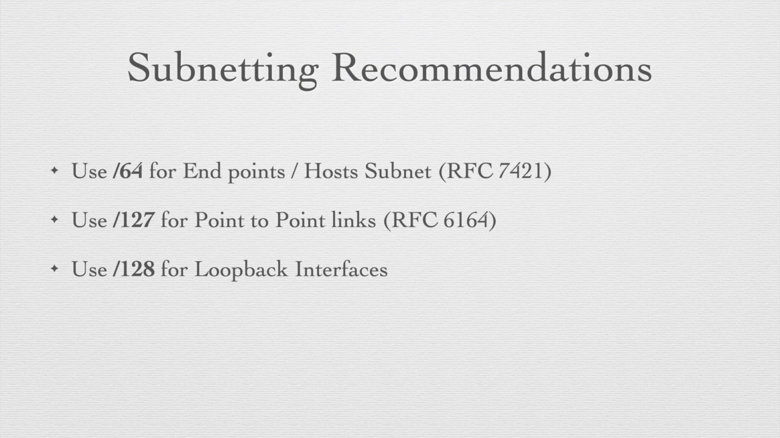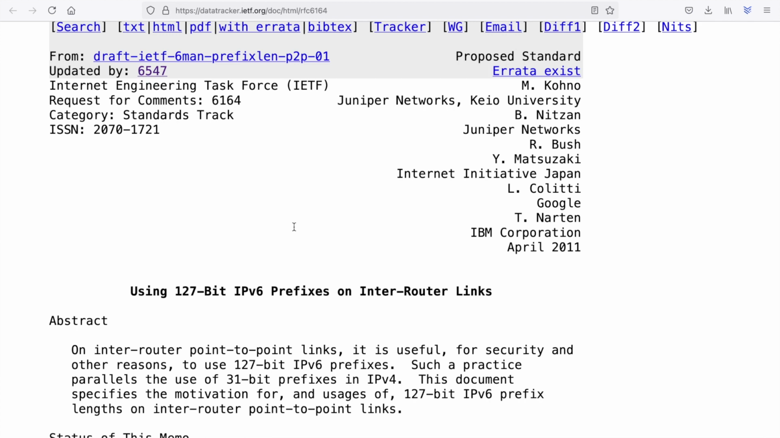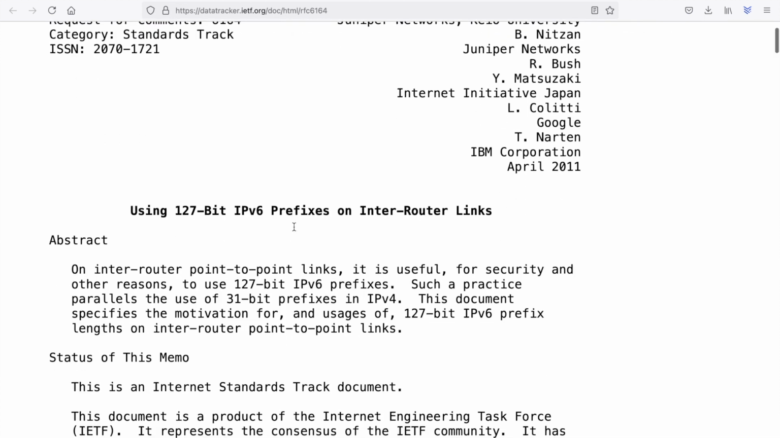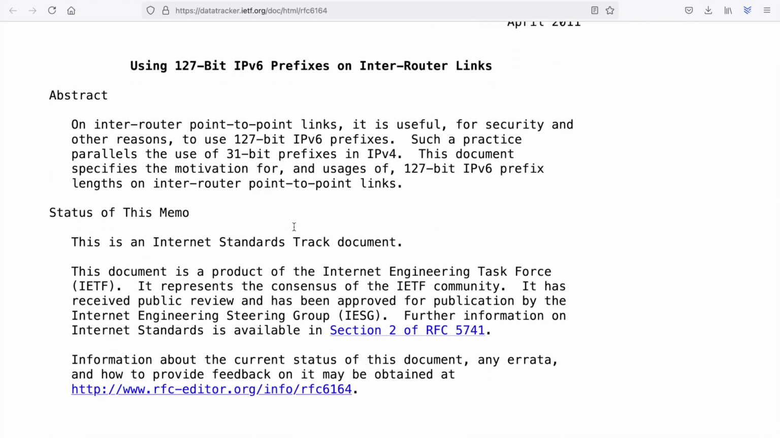There are RFCs which detail this clearly. The simple answer is no, don't do that. Don't be conservative in V6. You have plenty of addresses available. RFC 6164 states that you can use /127 in point-to-point links, like the way you use /31s in version 4. But